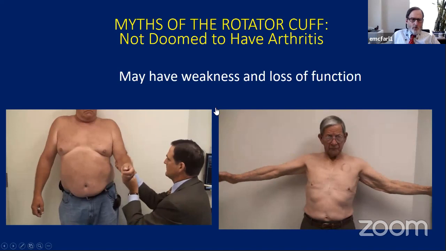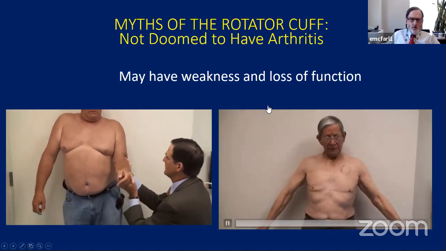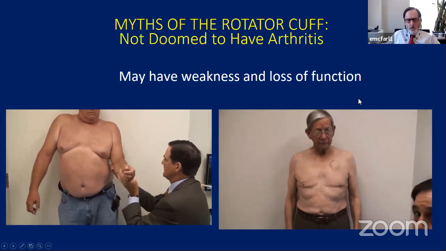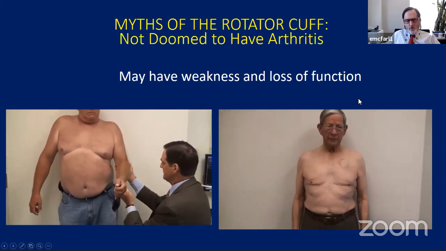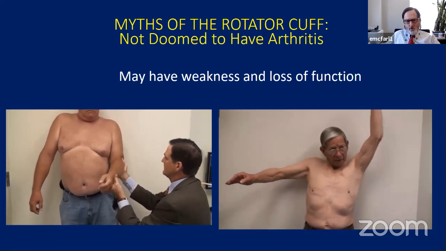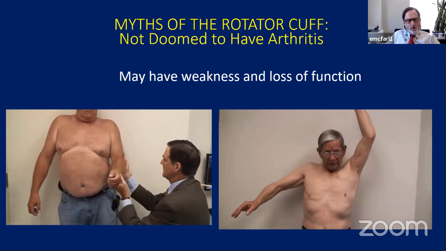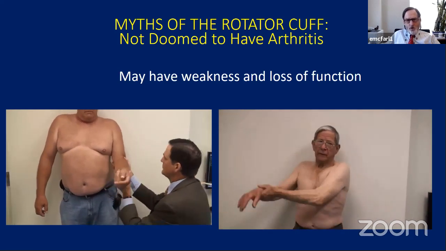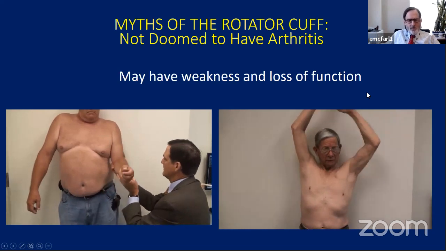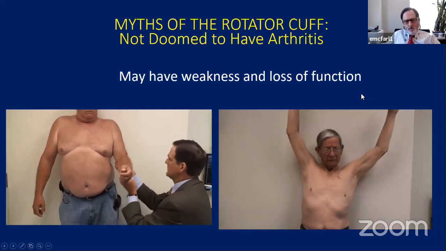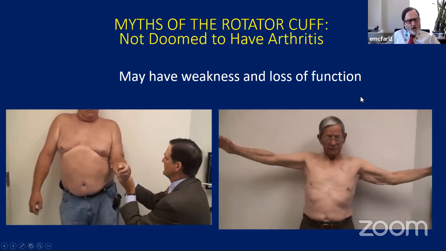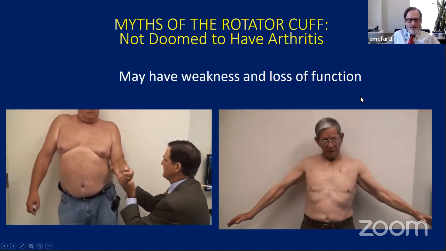Shown on this side over here is what's called an external rotation lag sign, where the patient's missing their external rotators. If you put the arm in external rotation and then let go, they can't hold the arm in that position. That kind of patient is going to have trouble reaching their mouth and the top of their head unless you do something like a tendon transfer. We can maybe discuss that later. It's kind of the advanced course. But again, with people who have this external rotation lag, you have to be very careful.